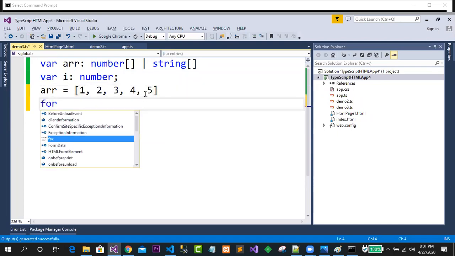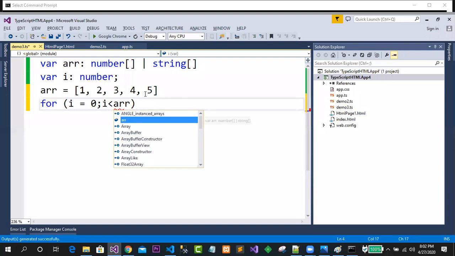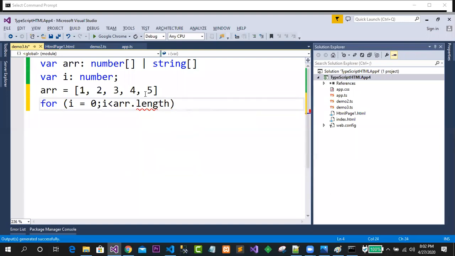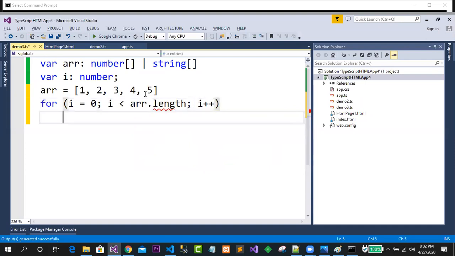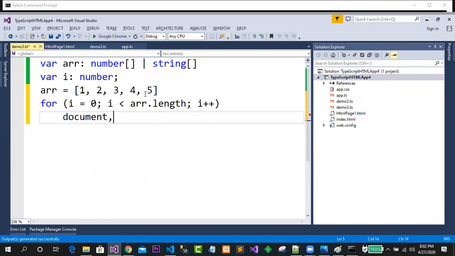In this case, I want to print the value of this array. So what exactly will I go for? i equal to 0, which I already declared, so that is why I have written it simply like this. i is less than arr.length here, then i plus plus. In this kind, I will simply go for document.write, which tells that I want to print the value. So that is why I have written something like this. Can it be possible this time?